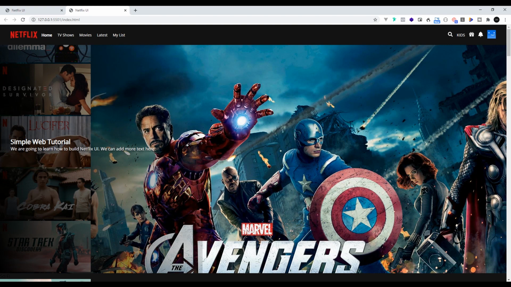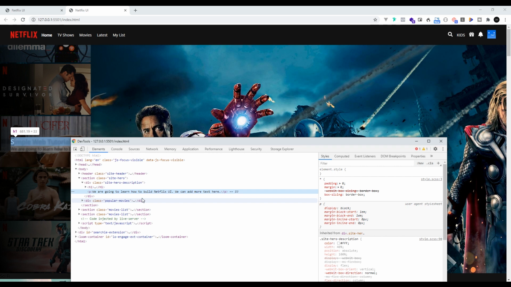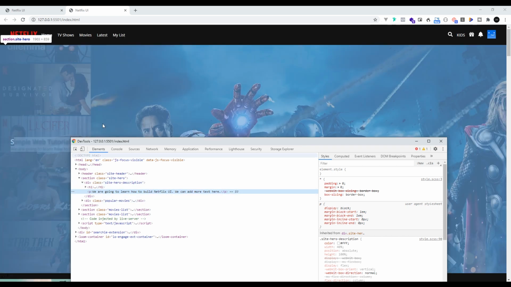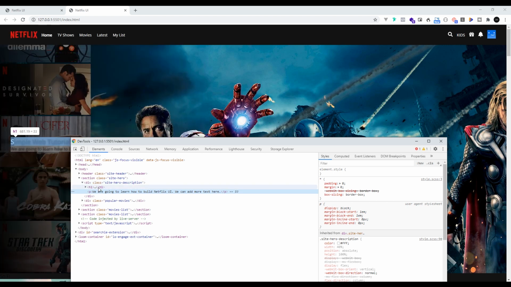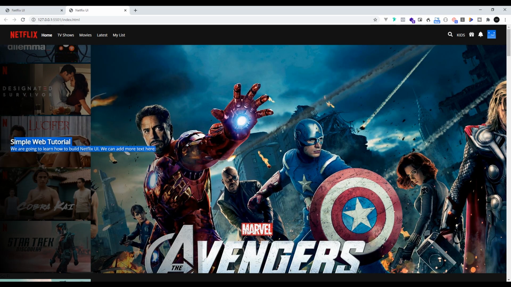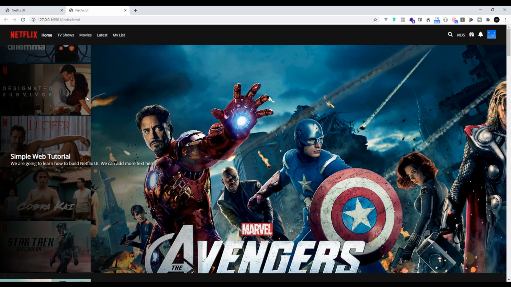So the site hero description right here will be aligned into the body. If you can see the highlight, it goes through the site header, and we don't want that. We want it to align perfectly inside the site hero container. So what we did is we added the position relative so that the site hero description right here will align inside the site hero. So to check that one,